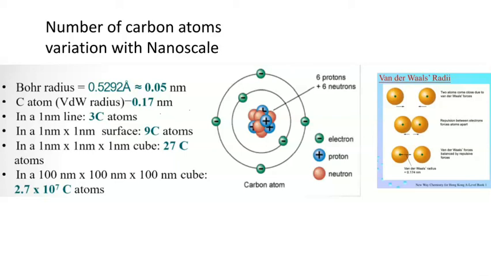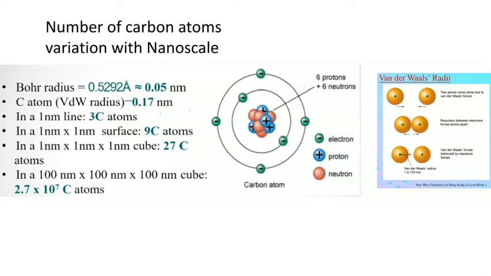So on a 1 nanometer by 1 nanometer surface, you can see 9 carbon atoms can sit together. And if you take a cube of 1 nanometer by 1 nanometer by 1 nanometer, then 27 carbon atoms are sitting together. In a 100 nanometer by 100 nanometer by 100 nanometer cube, 2.7 times 10 raised to 7 carbon atoms come together. So you can see, as we increase the size of the nanomaterial from 1 nanometer